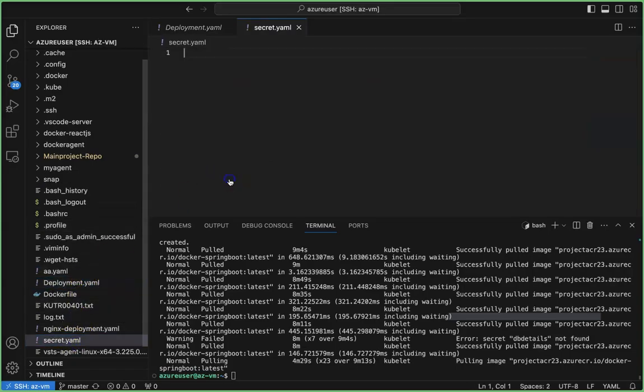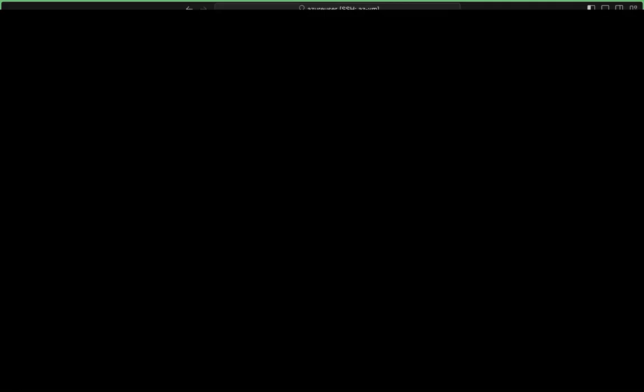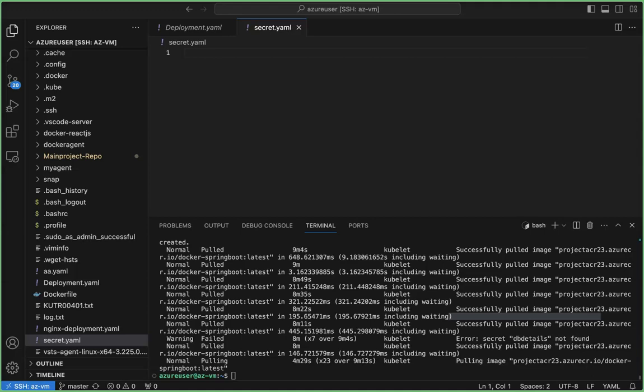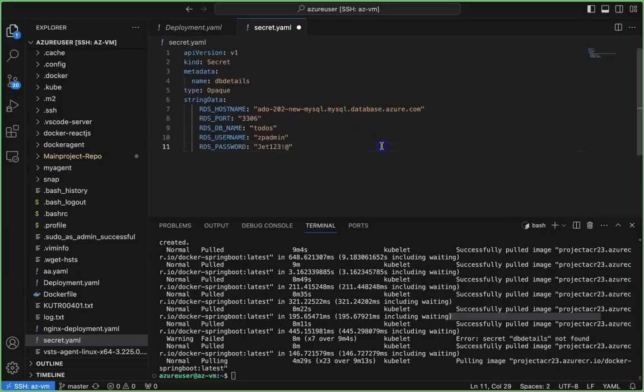When you click on the secret.yaml, here is the one exactly. You need to give a proper syntax. Again, same thing: API version, kind, metadata, spec is a common thing. If you refer here, instead of spec you can see string data. The metadata label name is DB details. And also the type is Opaque, which means